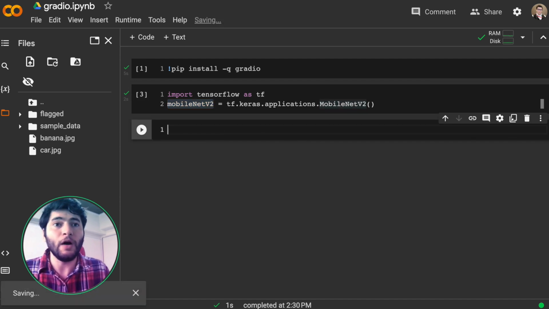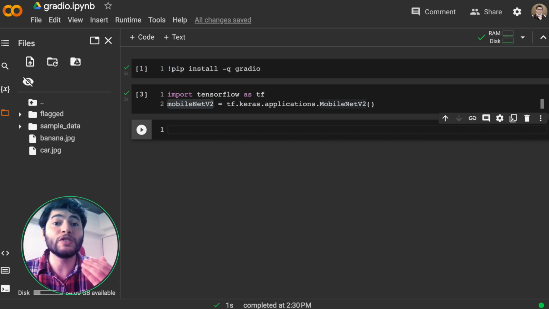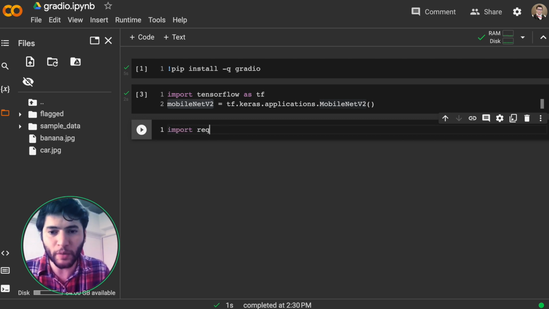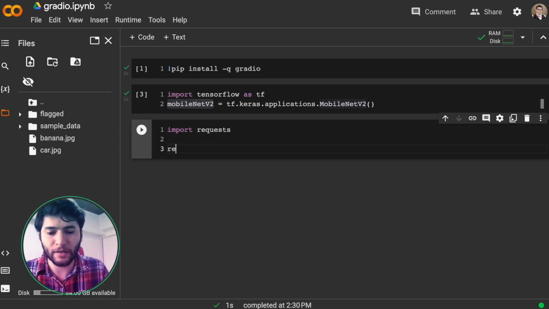Okay, now the next step is to fetch the labels of the model so that we can use them to get confidences out of the model when we test any picture. Okay, so let's write the code that does the things I said earlier. So first we import requests, and then we define response. Okay, and with the requests library we get from the following URL: